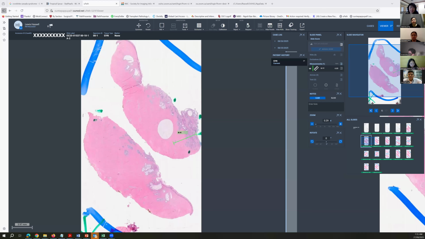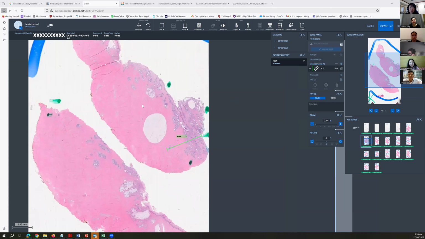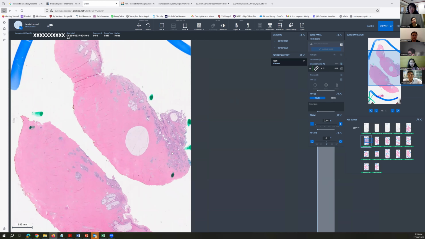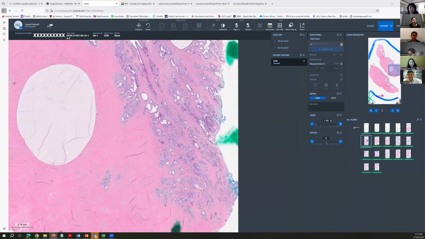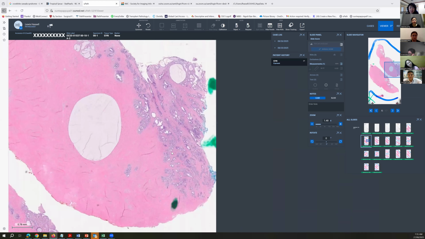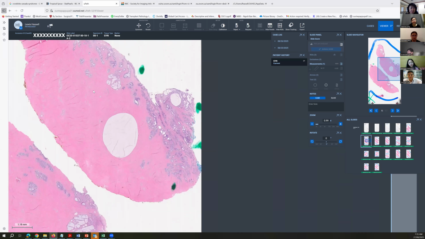Okay, now I can share again. So just for your benefit, the United States has very strict penalties if you disclose patient clinical information in a setting where it's not appropriate. And so when I have that setting on my viewer here, I can't look up the case quite as easily. So anyway, here's a section of cervix.